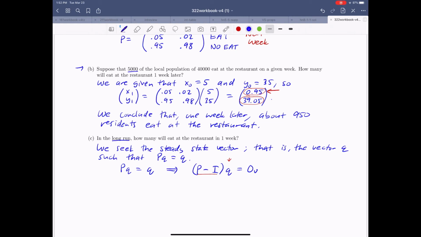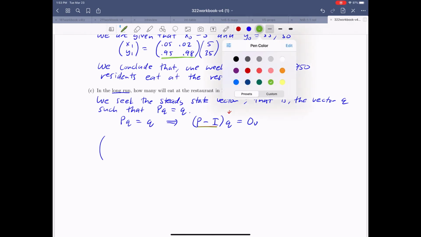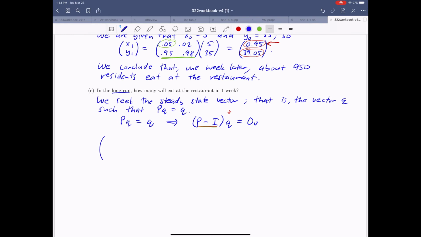So if we wrote down this equation in system form, our matrix is going to look like P minus I. That's just saying we go back up to our matrix P and subtract 1 from the main diagonal elements. So 0.05, the entry in the very upper left-hand corner, minus 1 gives us a minus 0.95 up there. Then we take the 0.98 and subtract 1 from that as well. That gives us a minus 0.02. And over on the right-hand side of our equation is the 0 vector, so we've got zeros there.